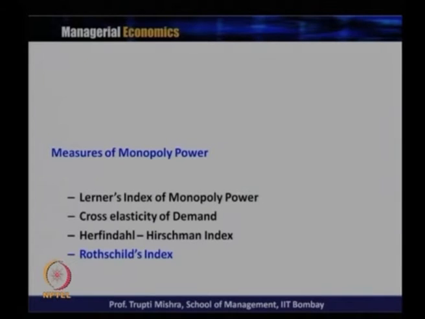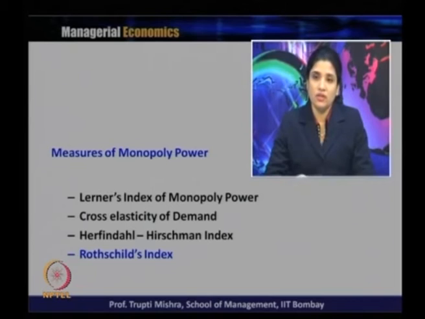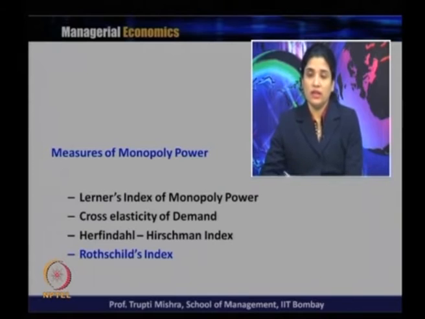If you remember, in the last class we discussed the measurement of monopoly power. There are different methods, and the value from these methods tells us what kind of market form it is, whether it is perfect competition, whether it's monopoly, or whether between perfect competition and monopoly, the monopolistic competition. So, we discussed the Lerner index, the cross elasticity of demand, the Herfindahl-Hirschman index, and also we just introduced the Rothschild index, and today we will discuss some more about the Rothschild